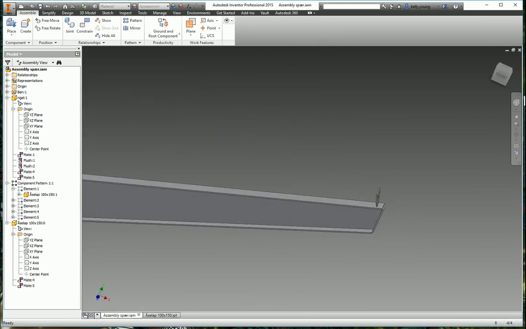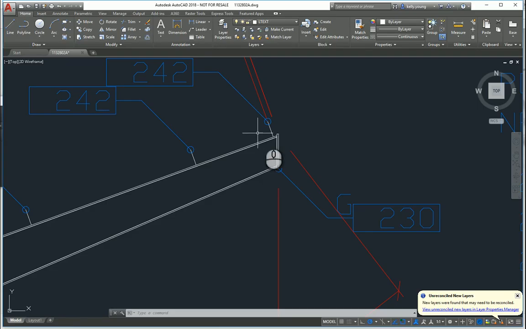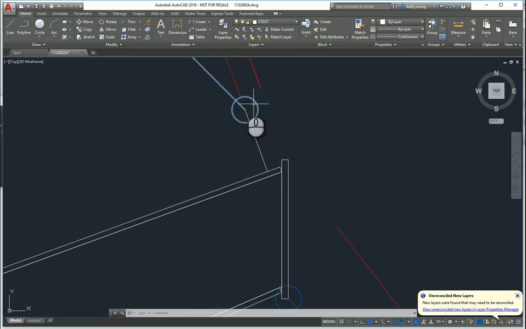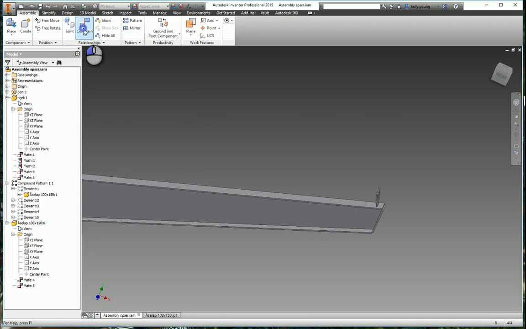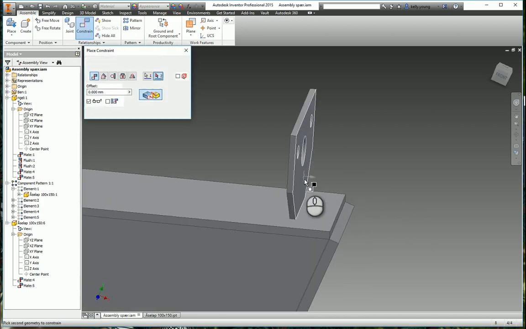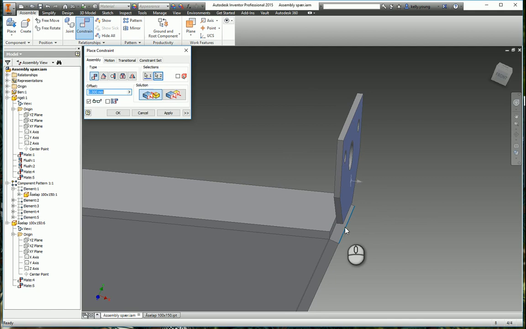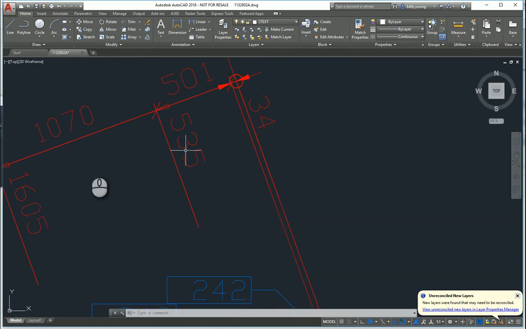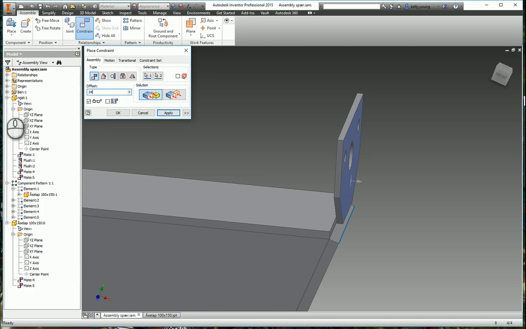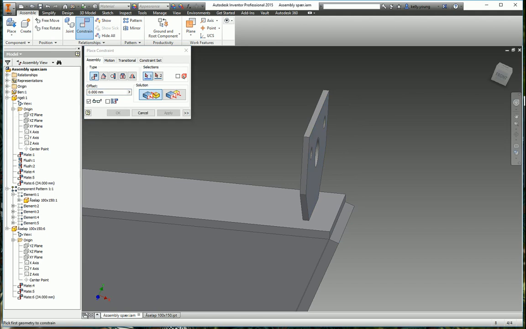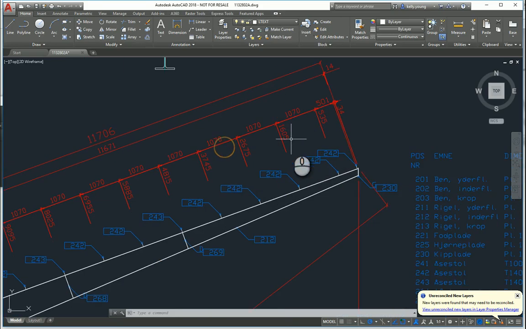Come from the top. Now, let's see, where's this one from? From the face to the edge. I'm assuming it's the outside edge to that outside edge. Constrain, face to that edge. And then we come up 34, it looks like. Okay. So now if we come back over,